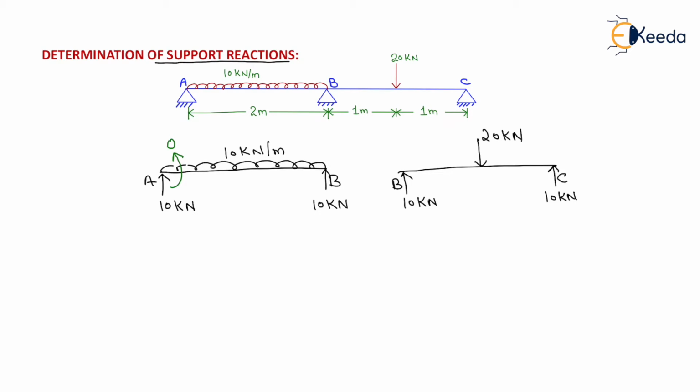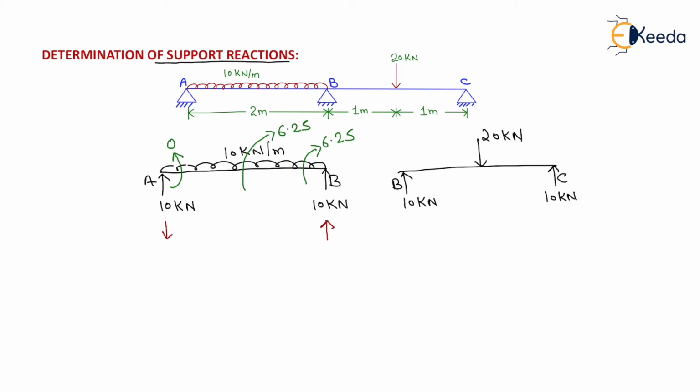So we have made 0 moment like this because the net moment acting at support A will be equal to 0. Now on span BA, the moment will be equal to plus 6.25, that will be in clockwise direction. So the net moment will be equal to plus 6.25, which tries to rotate this beam in clockwise direction. For maintaining the equilibrium of beam AB, we need to create an equal moment of opposite sign, that is in anti-clockwise direction. So we have made the reaction like this.